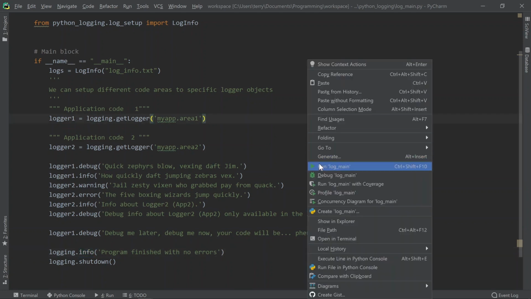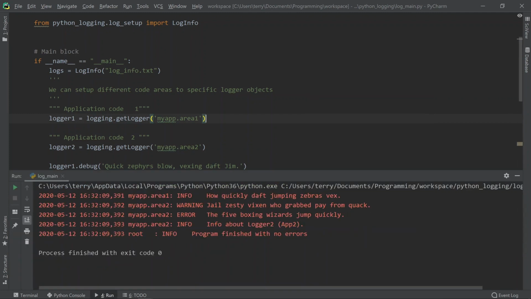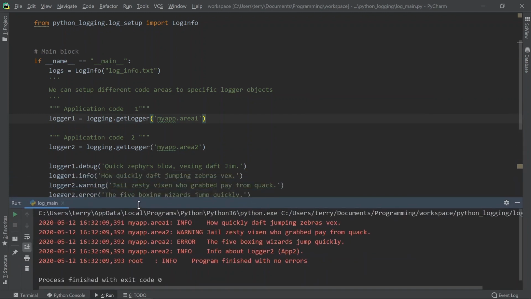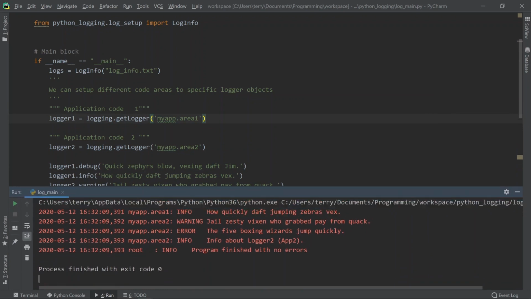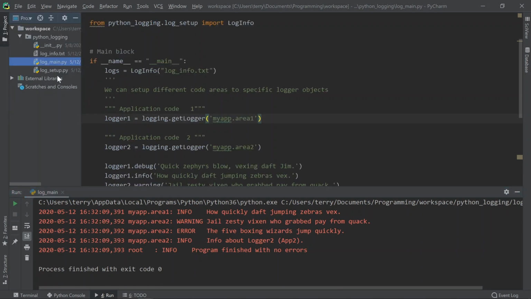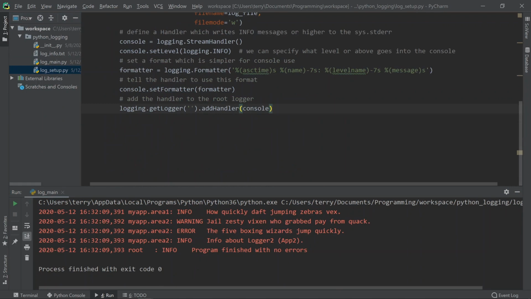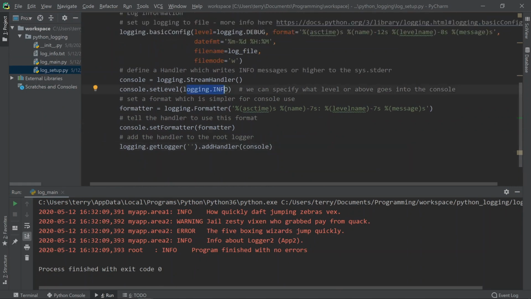So now if we run our code, we'll see that some specific messages were defined into the console. And what are the messages from area 1 and area 2? They went into the console, the same ones that we define here in our setup above, info. So anything as info and above will be displayed into our console. So if we take a look back here, we see that my area 1 for info